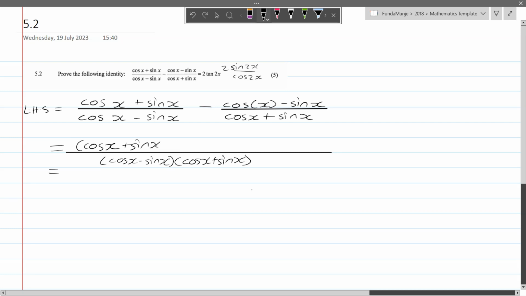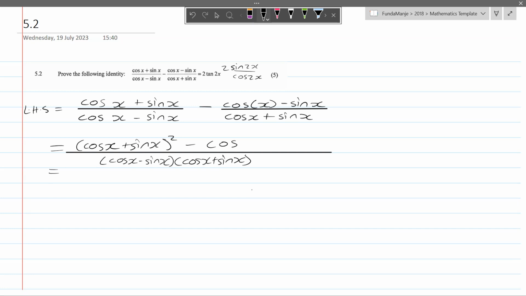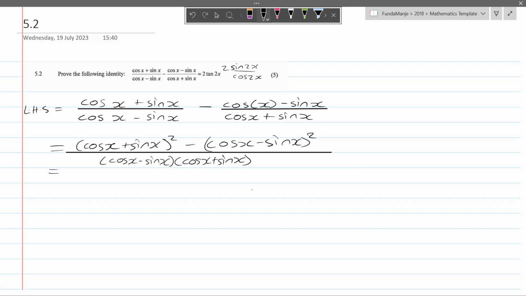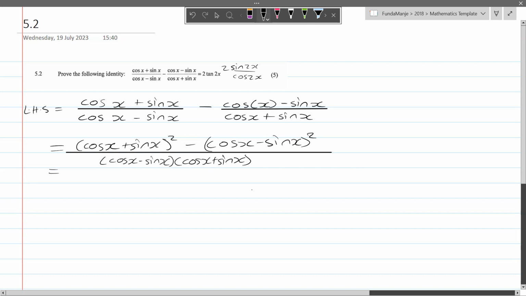So now it's going to be multiplied by another one, so we can just put a square on that, minus cos x minus sine x. Same thing with this, we can just put a square on this one since it's being multiplied by the same thing. So now that we have it like this,